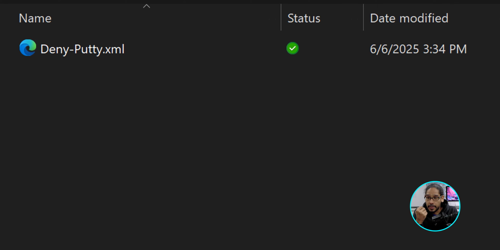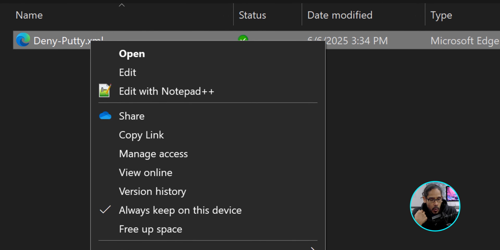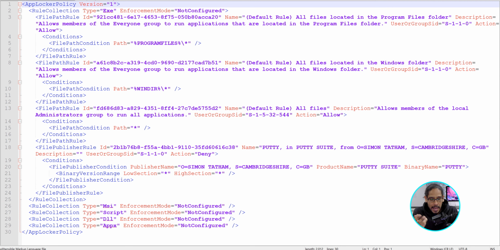We're going to locate that exported policy, which for me, I placed within the Downloads folder. There it goes. We're going to right-click on it, and I am going to open it with Notepad++. And you're going to get all this gibberish. Now, the gibberish that you need to copy and paste into Intune, again, we're doing this to block stuff at the Intune level, is the following.